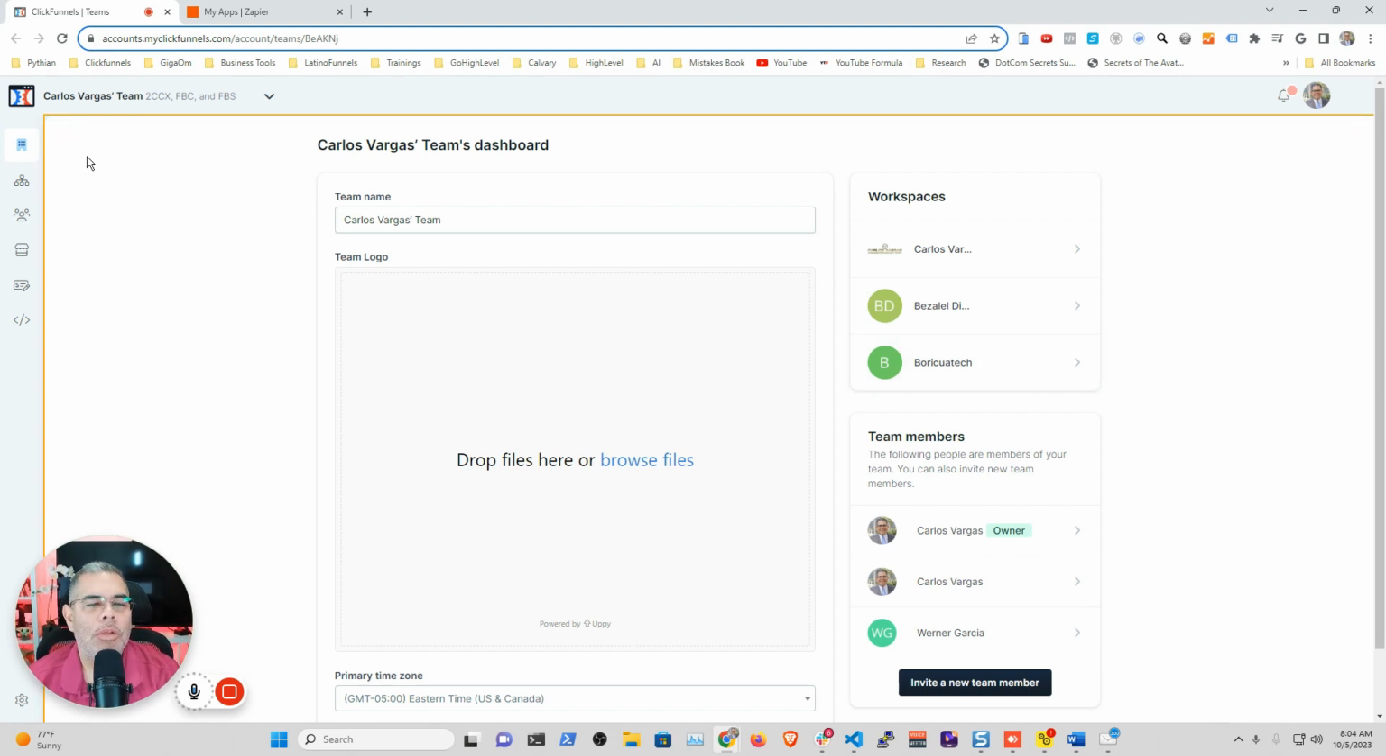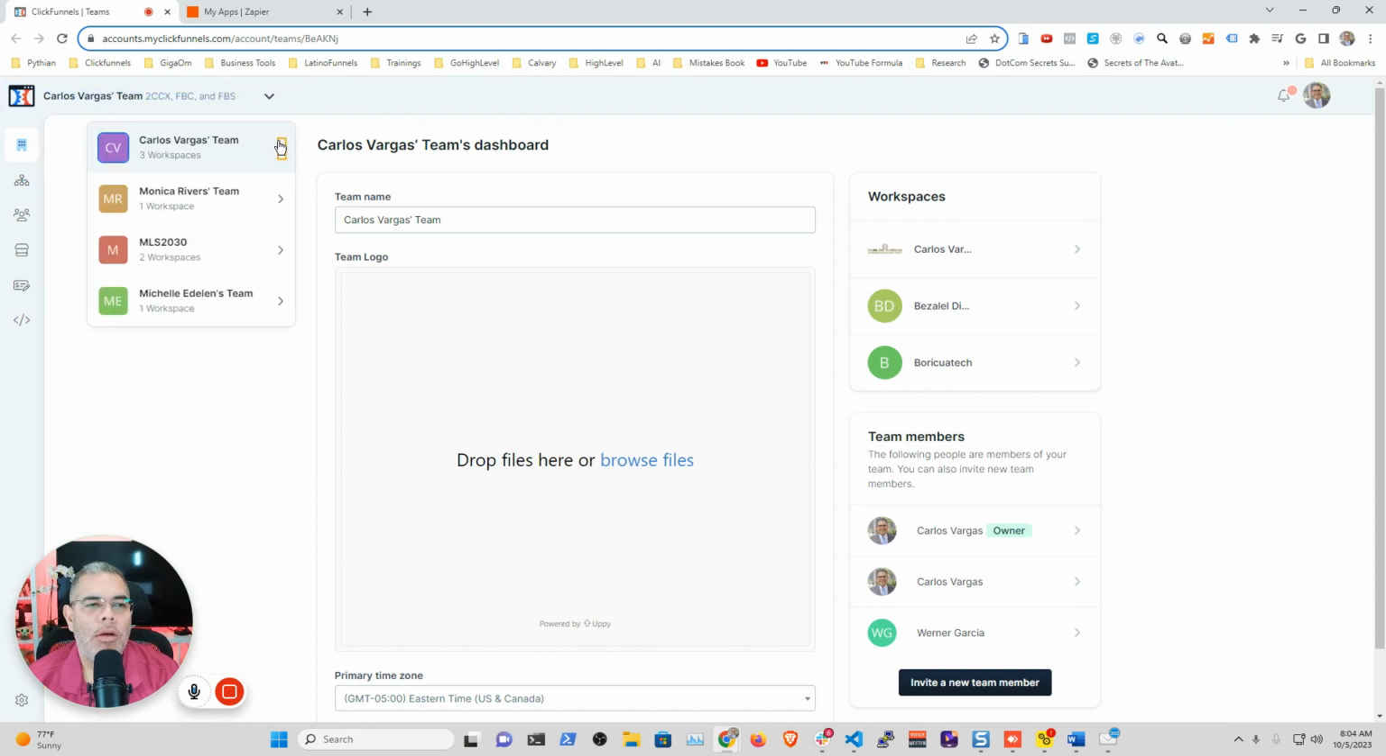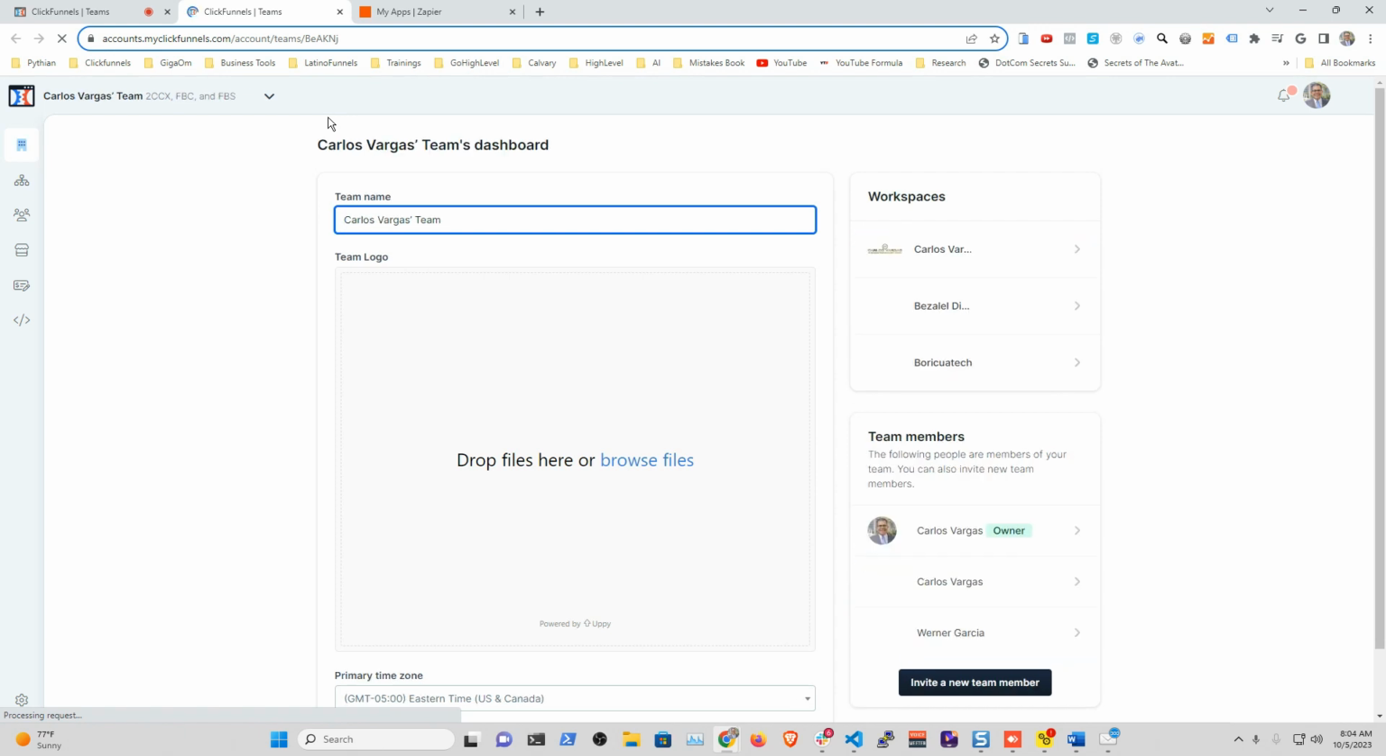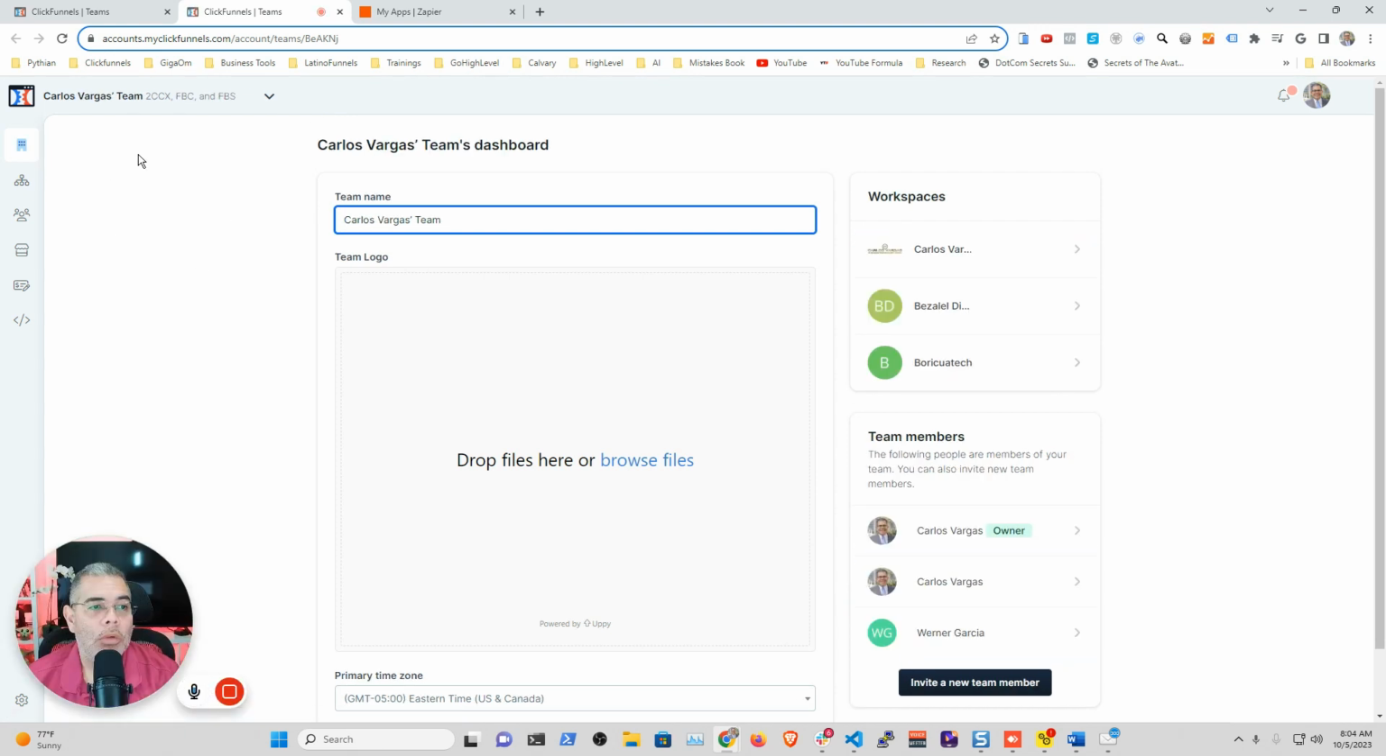Go into your ClickFunnels 2.0 account, and on the top, you're gonna click and go into your workspace, and you're gonna click Teams and Settings. When you get in there, that will open a brand new page and you're gonna see an option that says Developer Portal. Click Developer Portal